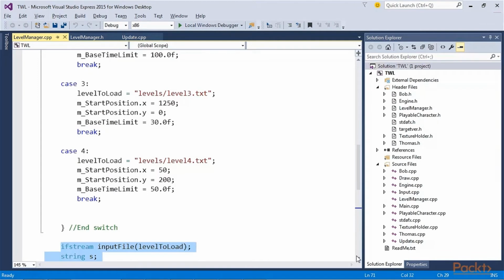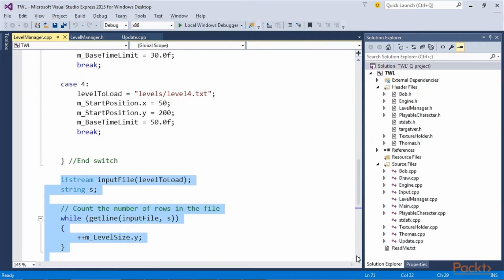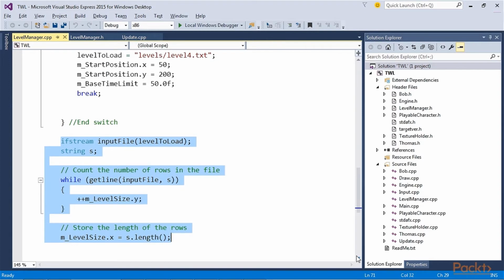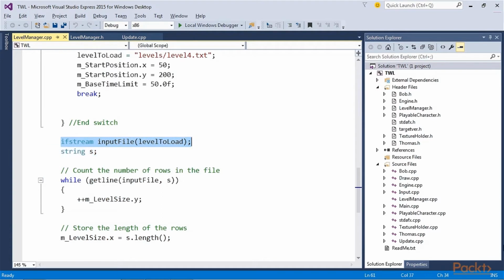Now, add the second part of the nextLevel function. Add this highlighted code immediately after the previous code. We'll go through it in detail. First, we declare an ifstream object called inputFile, which opens a stream to the file name contained in levelToLoad. The code loops through each line of the file using getline, but doesn't record any of its content. All it does is count the number of lines by incrementing m_LevelSize.y.